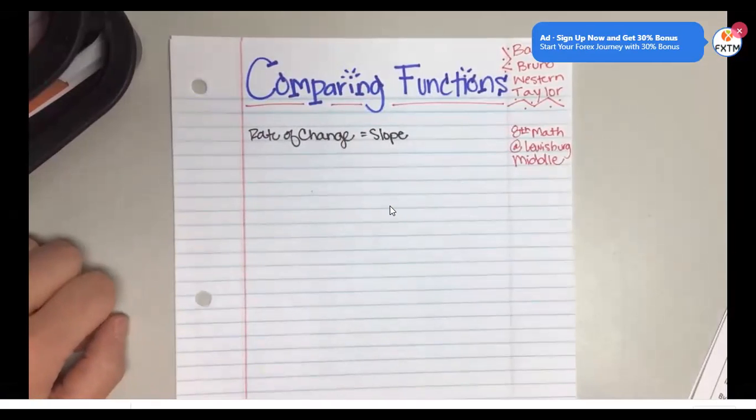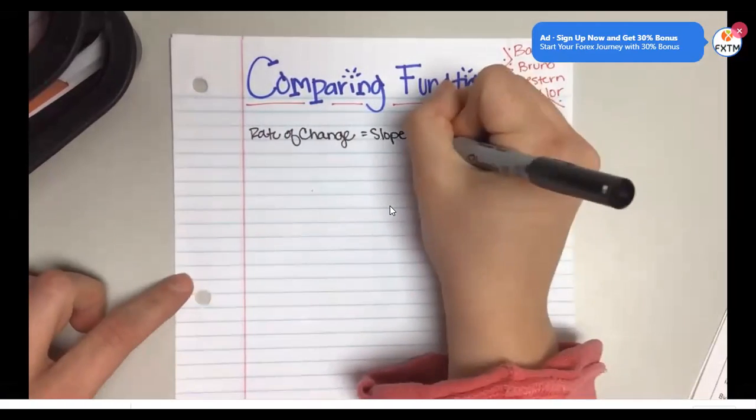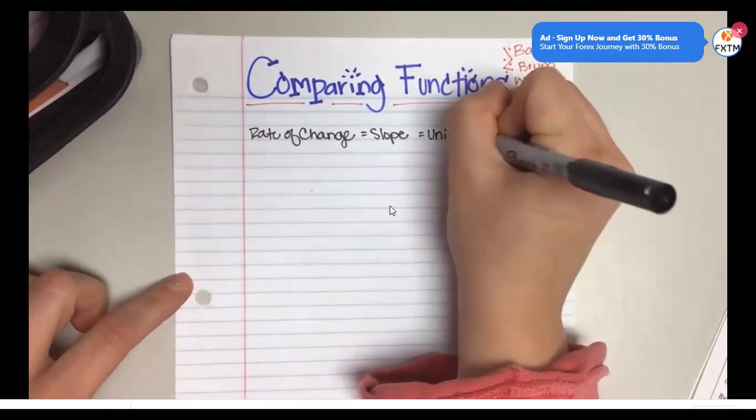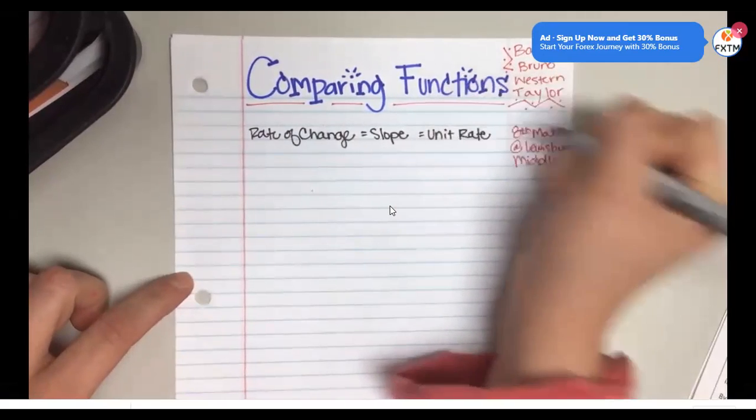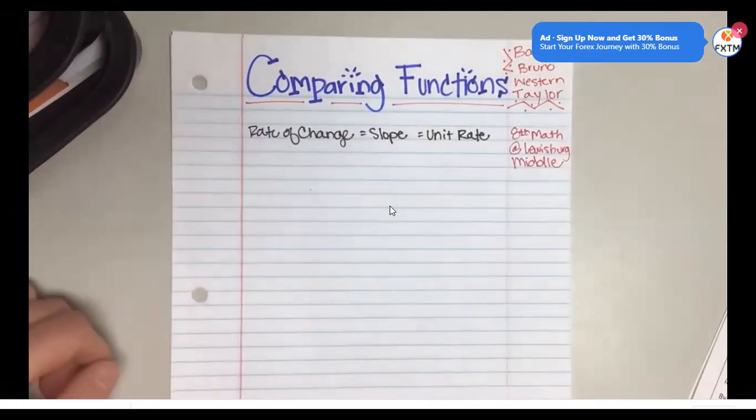And what is the initial value? The initial value means the starting amount of money at the beginning. So rate of change has the same meaning as the slope and the unit rate. And if you have an equation y = mx + b, then m is donated for the slope, donated for the rate of change,